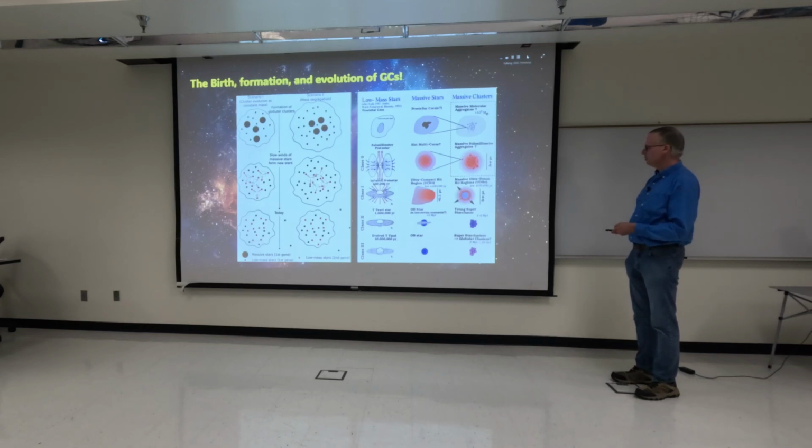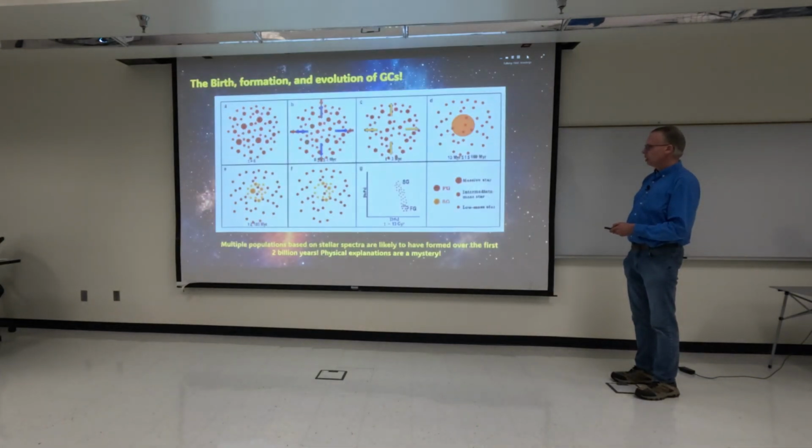We do get formation of T-Tauri stars. We do get the OB stars themselves that form inside here, and then they blow off to create superclusters of the much younger, hotter stars that don't last, and then they create the second generation of lower mass stars. So you do get at least 2 generations of stars that form inside the globular clusters. The first generation tends to be outside here, and then you get your second generation.